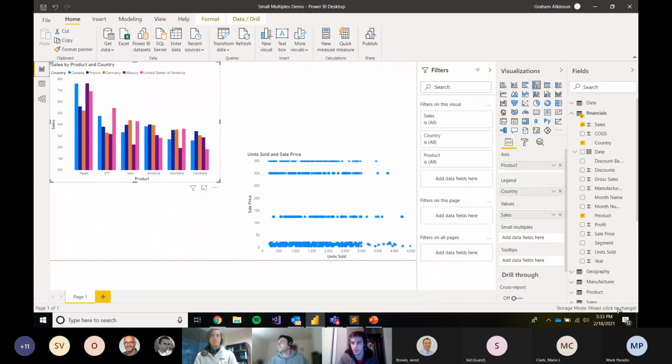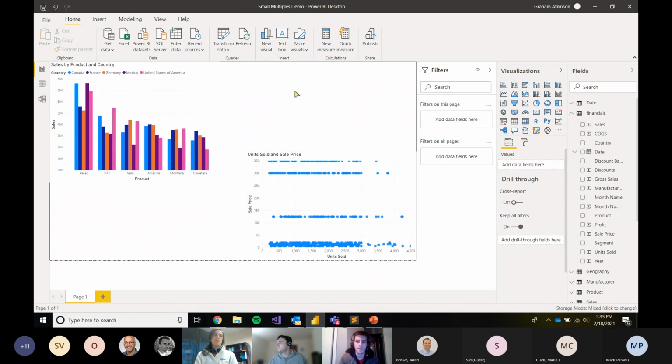You can also see the storage mode is mixed. So that's really cool. We can mix and match those data sources. But as I think Jared will be talking about that more later, I'll breeze over that and talk about the